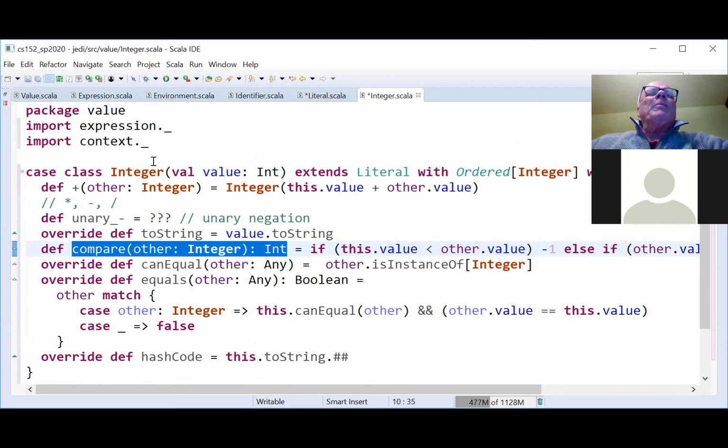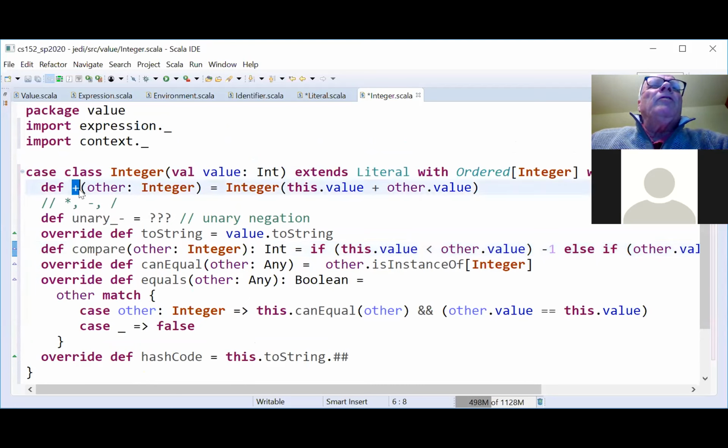And then up here, let's look at plus. So this is something I didn't quite get to when we were talking about object-oriented programming, but it's this cool feature. In object-oriented programming, you can define infix operators for yourself: plus, times, minus, divides. So here, how do you add yourself to another Jedi integer?